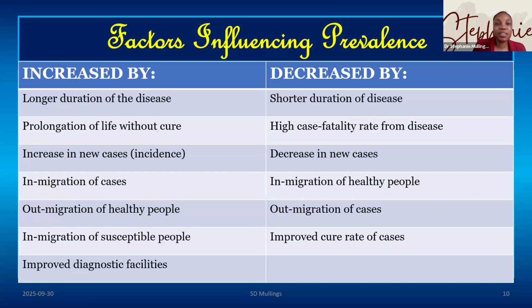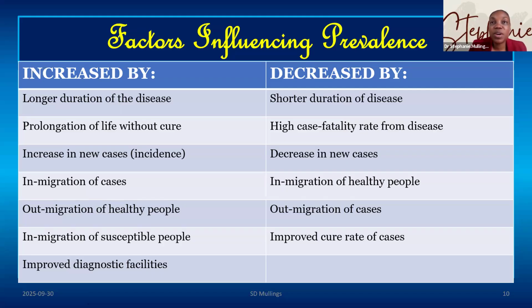Okay, so these factors we would see here listed can either increase the prevalence or decrease the prevalence. So the longer persons live with the disease, if life progresses and there's no cure for the disease, if we have a number of new cases or the incidence increases, of course, then the prevalence will also increase. If there are persons who are ill with that particular disease that we're looking at and they enter your population, so we have an increased number of migrants in your population with that illness, of course, again, the prevalence can